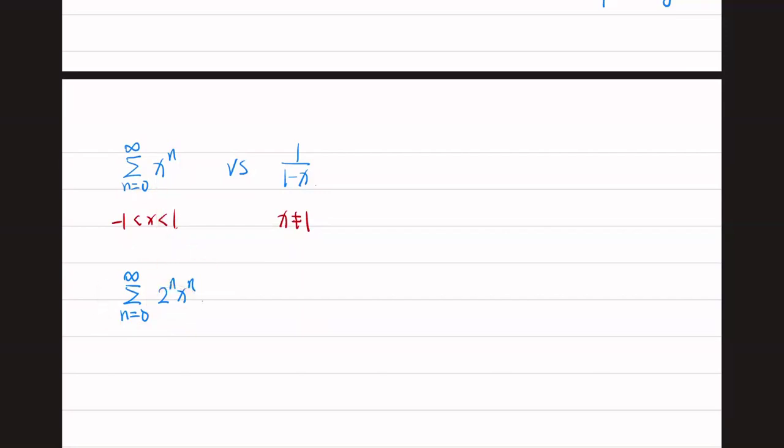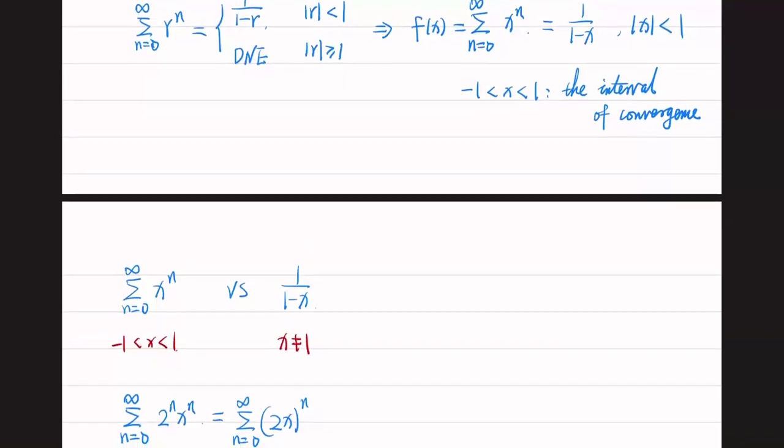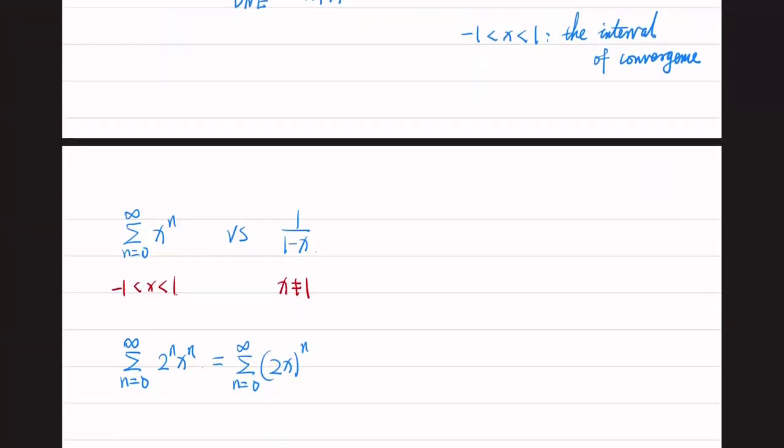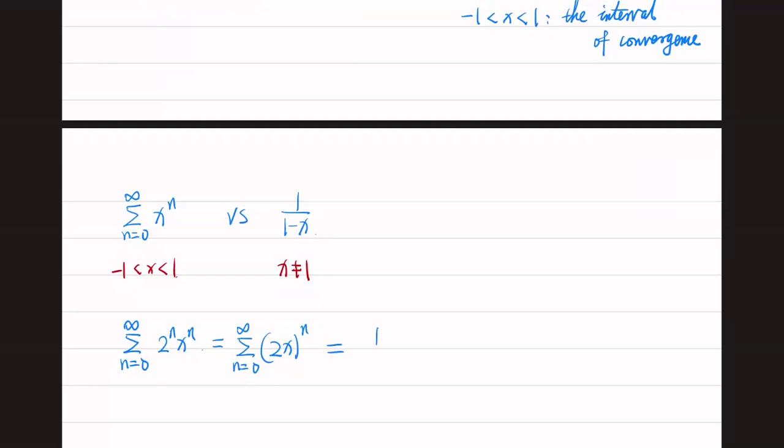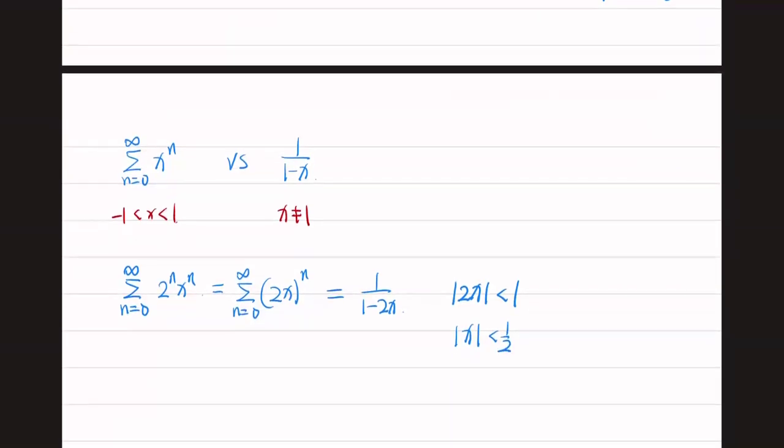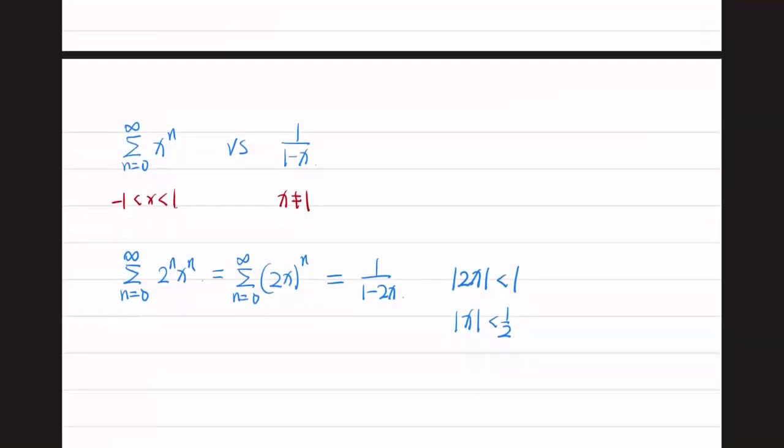This will be sigma of 2x to the power n. So we just replace x by 2x, we get the formula. And it converges when the absolute value of 2x is less than 1. So this is x less than 1/2. So for this series, the interval of convergence